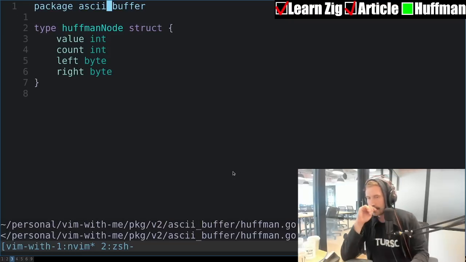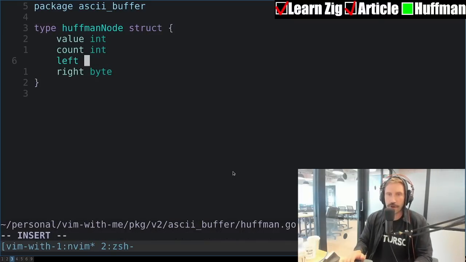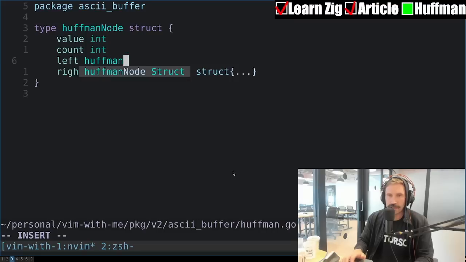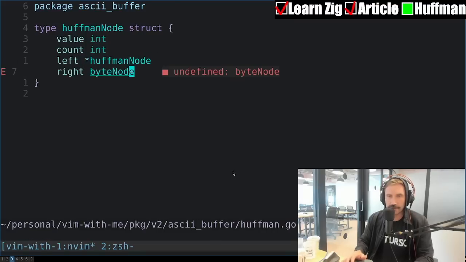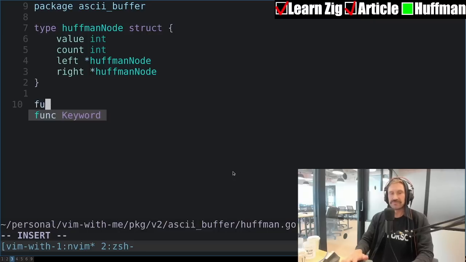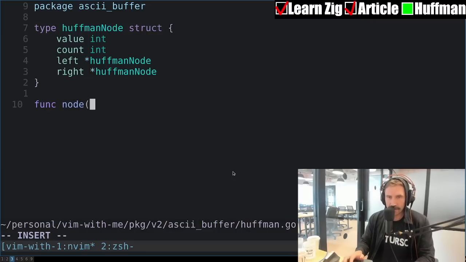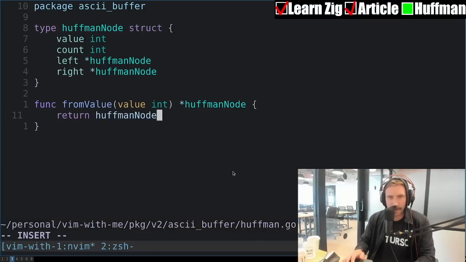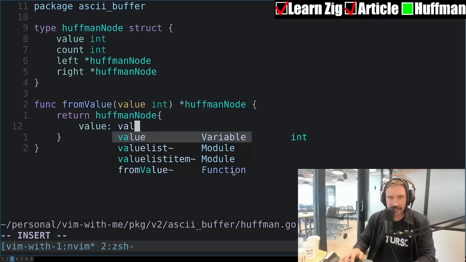Let's have the left be a Huffman node and the right be a Huffman node. All right, there we go. We got this, boys and girls.